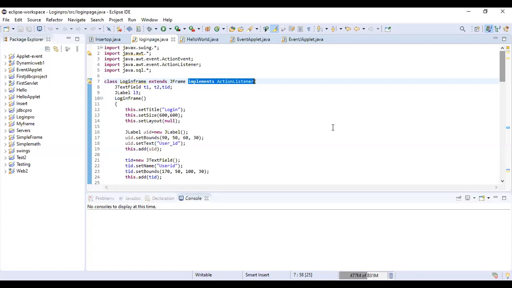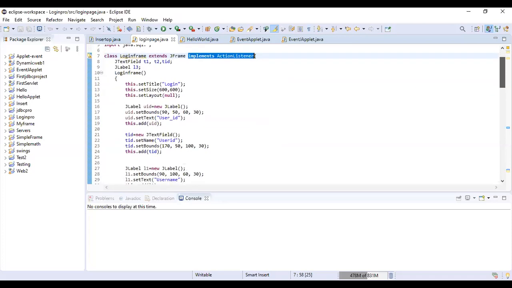In our previous lab session we have seen a program where you take the data using the console, like enter your choice, enter the name of the employee, enter the age of the employee, and so on. And that console data we sent to the database. In today's program we are going to create a frame, create a form, accept the data, and send that data to the database. In our previous lab session we already saw the connectivity code, the same code we are going to use over here. Now this is the simple frame we have created.